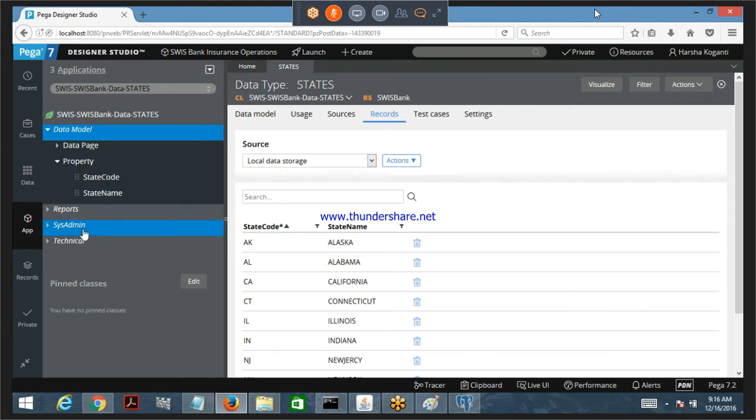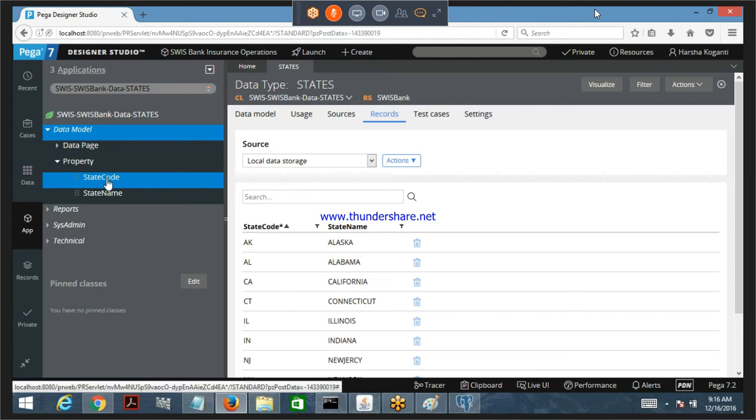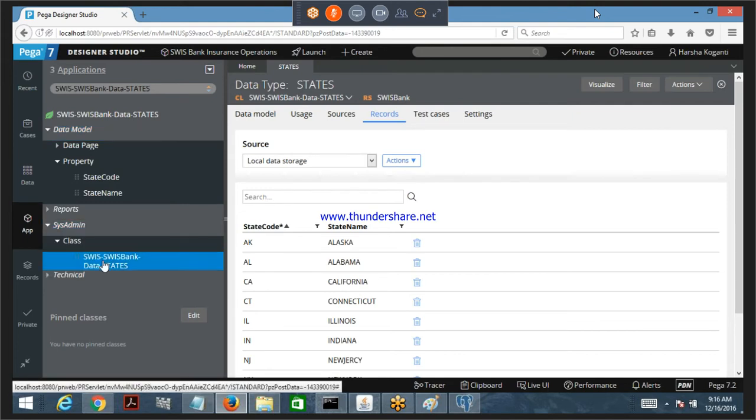Other than this, it will create a report and all, we'll see later. We'll talk about only this one. Once you create a table, it will create a table class. The columns will be created as properties, and it will create a physical table with the same class name prefixed with PR underscore. All hyphens become underscores. And in the table class definition,